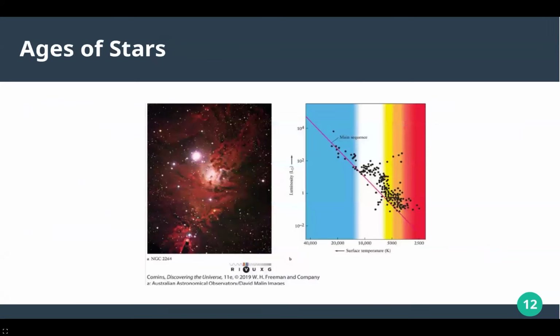You can also tell the ages of stars by the density of the number of stars at a certain area along the main sequence, where more stars in one area means that the overall stellar neighborhood is going to be closer to that age.